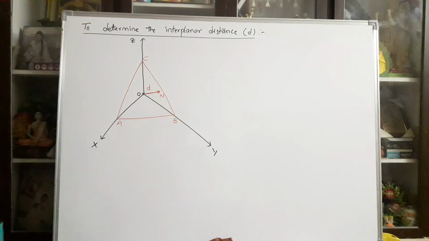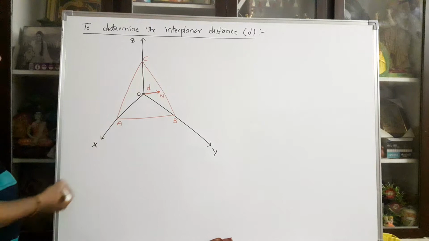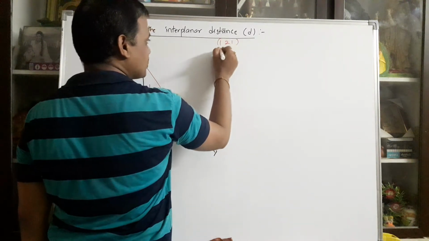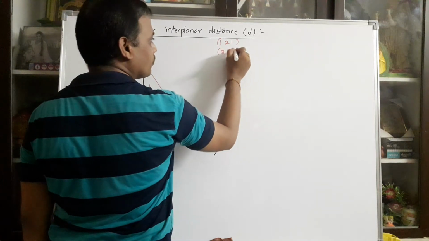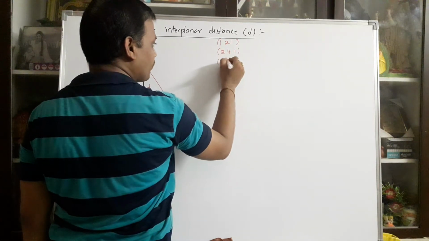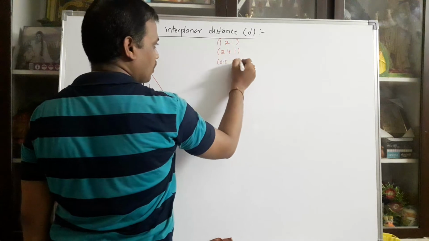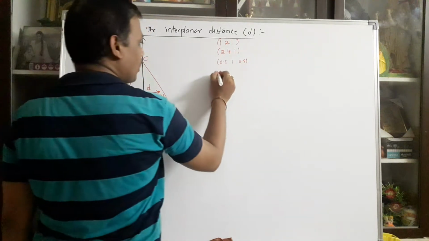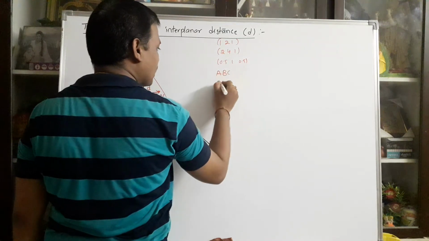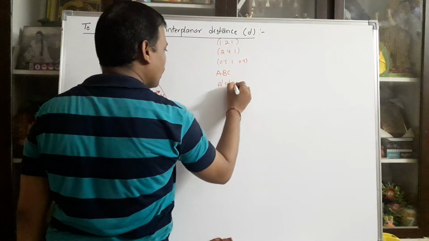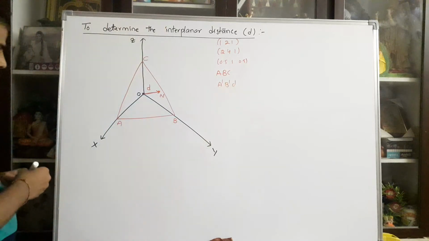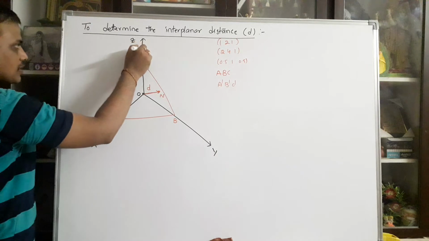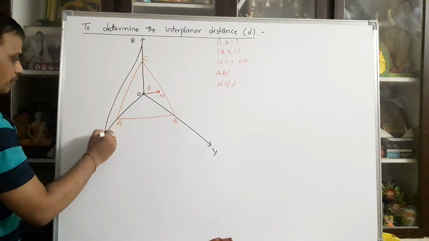You can assume another plane parallel to this one. Parallel, already you know that. Suppose you have the 1, 2, 1 plane. The same parallel plane can be taken as 2, 4, 2. Otherwise 0.5, 1, 0.5. These are parallel planes. In a similar way, the A, B, C plane can have the parallel plane A bar, B bar, C bar. So you can assume another plane that is parallel to ABC. So I am taking another plane like this.